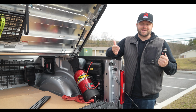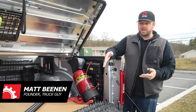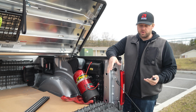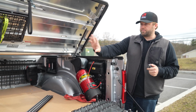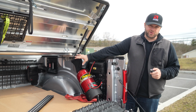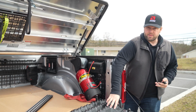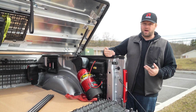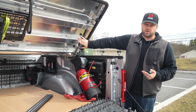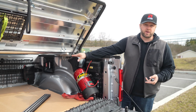So one of the products that is commonly requested from BuiltRight customers, that is something that we don't have an answer for yet, is a way to mount recovery boards, or in this case MaxTrax brand traction boards, to our BuiltRight panels or to our Bulkhead Accessory Rail. The answer for the BuiltRight panels is it's a bit of a challenge because these boards typically won't fit between the wheel well and the bed rail, so there's not a great way to mount those, especially if you have a tonneau cover. But the Bulkhead Accessory Rail, we call it the bar, against the bulkhead of the truck is